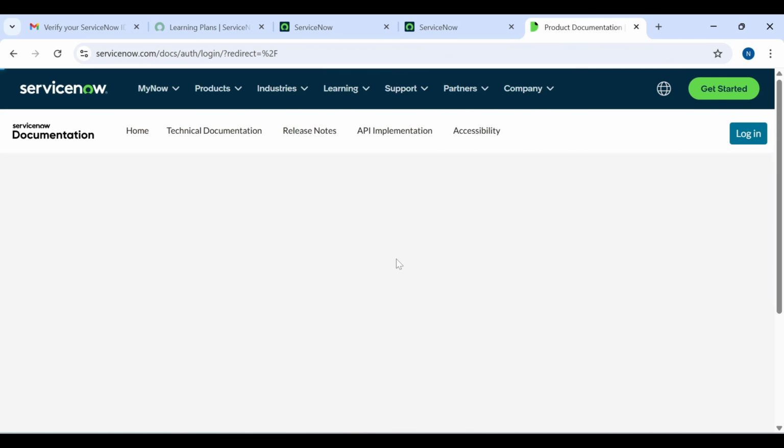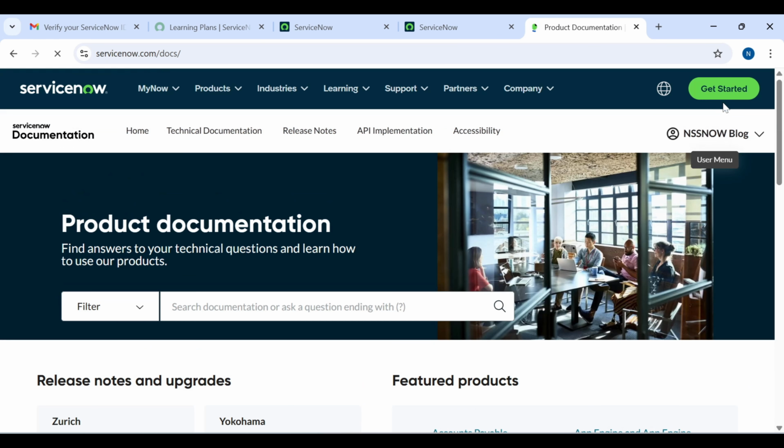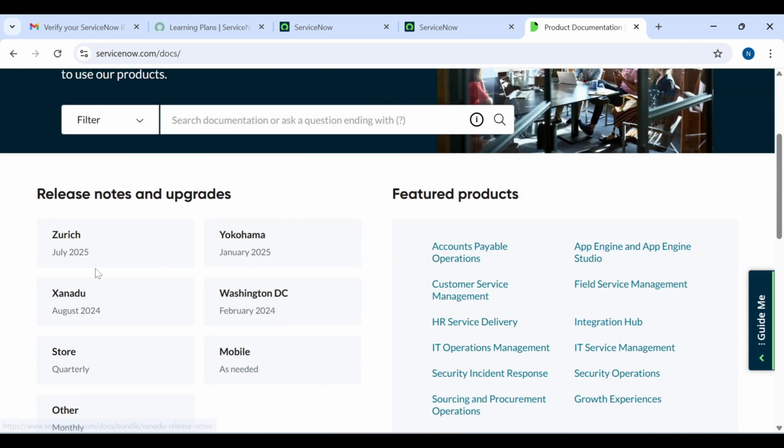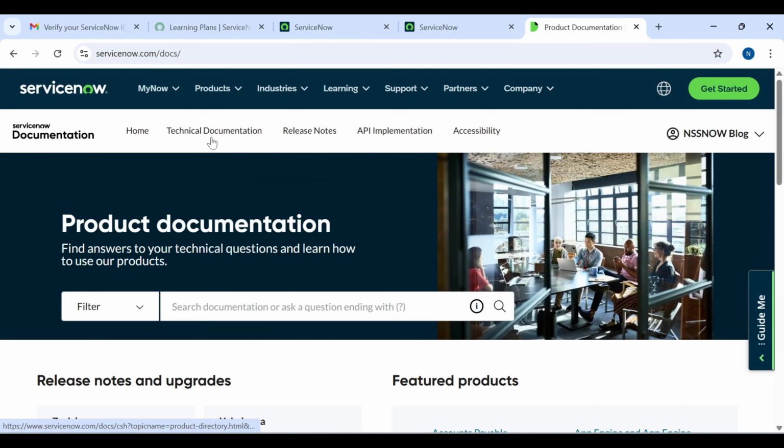So all the documentation. I have signed in with my ServiceNow ID, right? So it takes my login and the Snow blog. Zurich, Yokohama release notes, Xanadu release notes, you have all the technical documentation and release notes. If you have some interest to learn ServiceNow and get a ServiceNow job, you can use self-learning. If you don't know how to navigate, how to learn, what topics we need to learn, all these things,